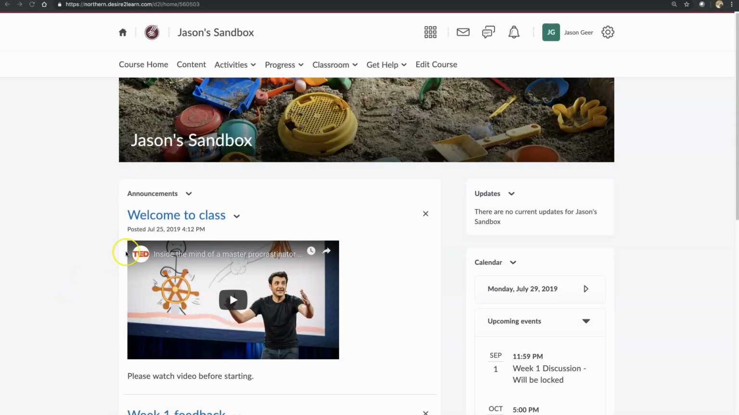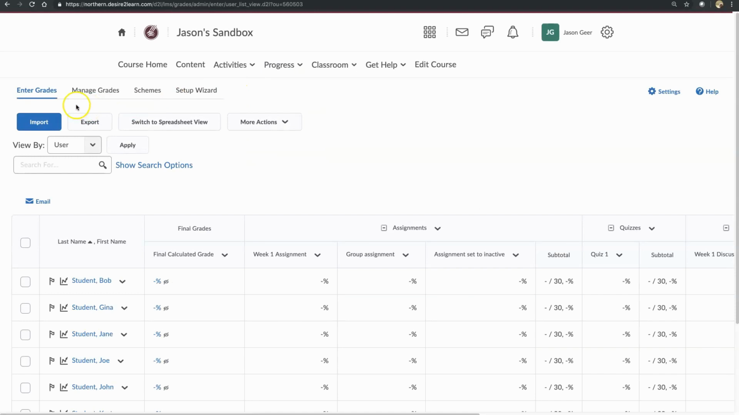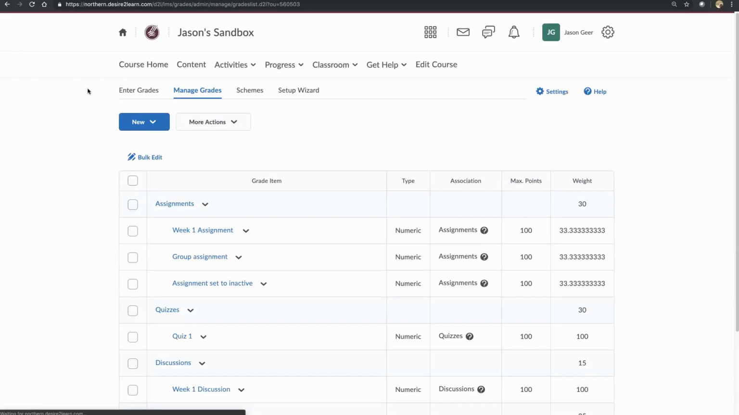To delete grade items, we're going to go up to Progress and access the grade book. Select Grades, Manage Grades, and as we can see here, we have 3 assignments, and I want to delete assignment set to inactive. So I'm going to go to Delete,